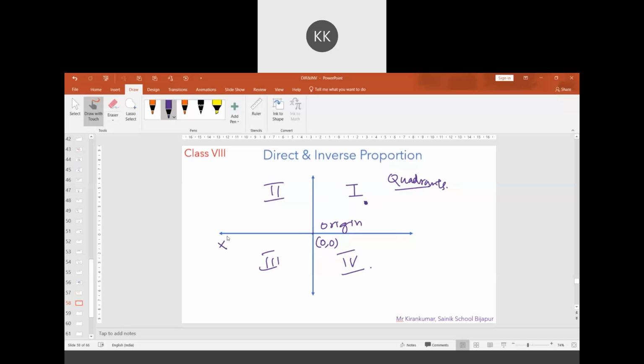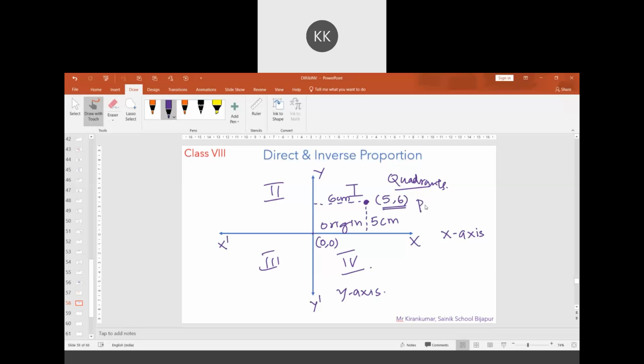This horizontal line is called x dash, also called the x axis. This is y dash, called the y axis. This x and y axis will give the position of this point. Suppose it is 5 centimeter away from the x axis and 6 centimeter away from the y axis, it is given as 5, 6. This point is referred to as 5, 6.